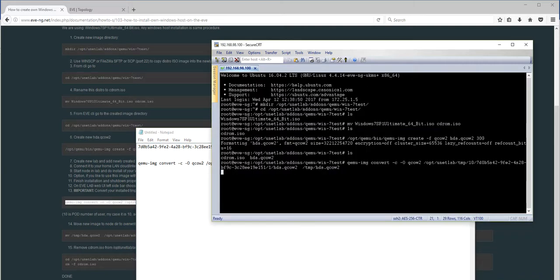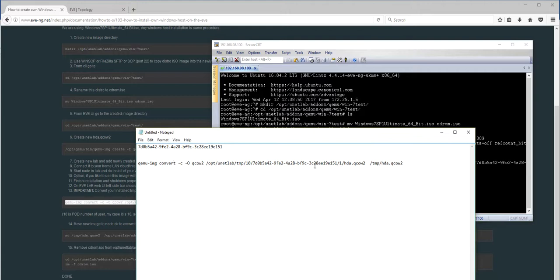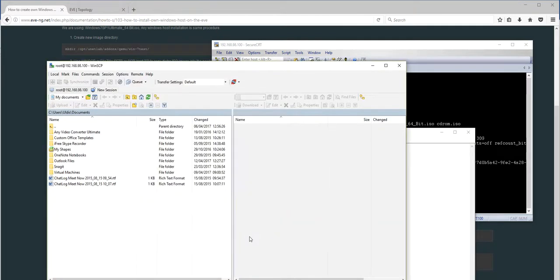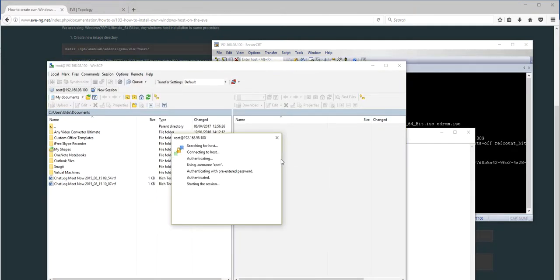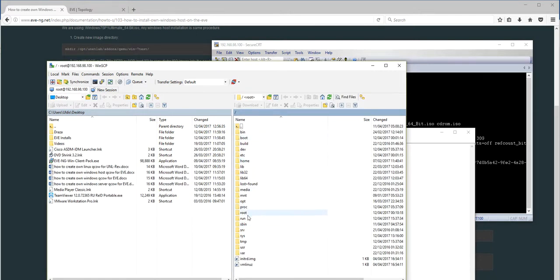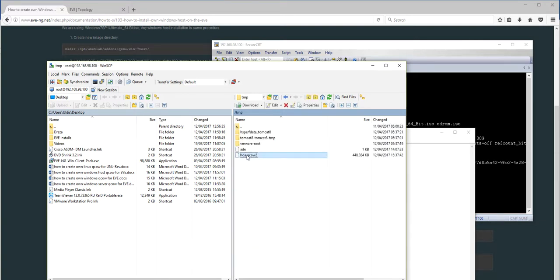So I'm going to pause, but I can show you how it is happening and where it's going. You can see from here that it grabs our installed image from our lab and sends it to a temporary directory, which is in /tmp, and I can show you how it looks. If you connect with SCP inside of my Eve, you're going to see the temporary directories here, and if you open one, you're going to see the hda.qcow2 image appearing, right?